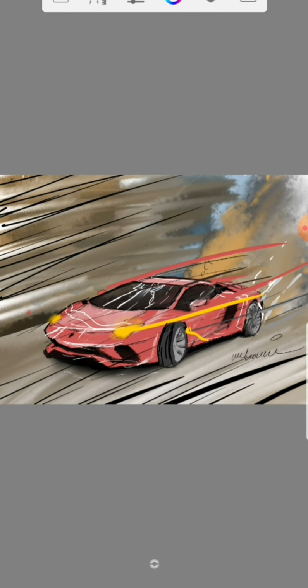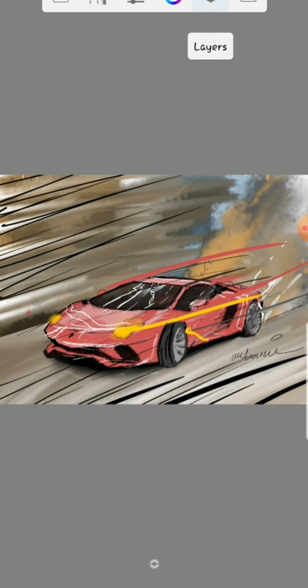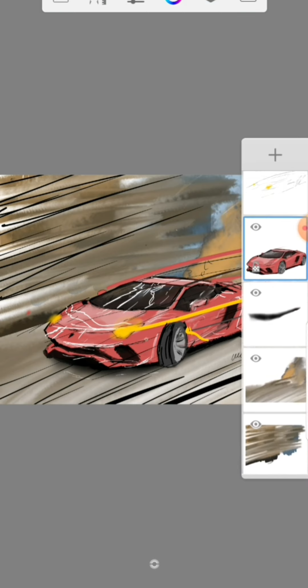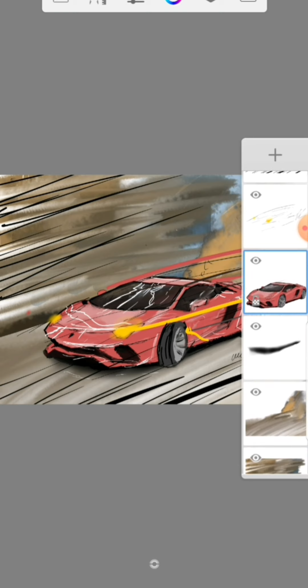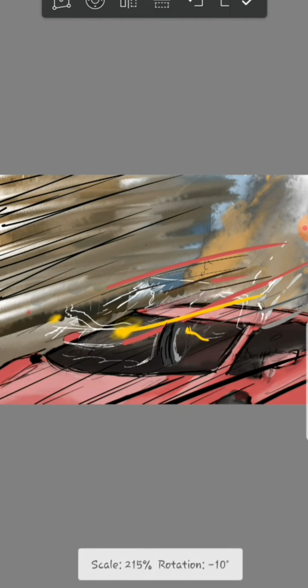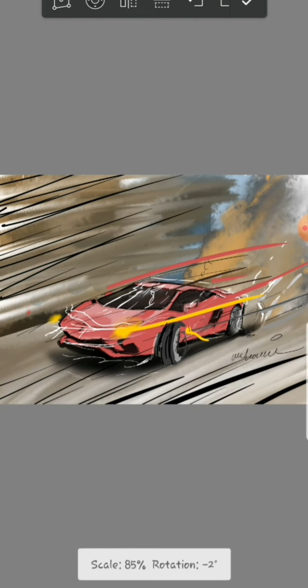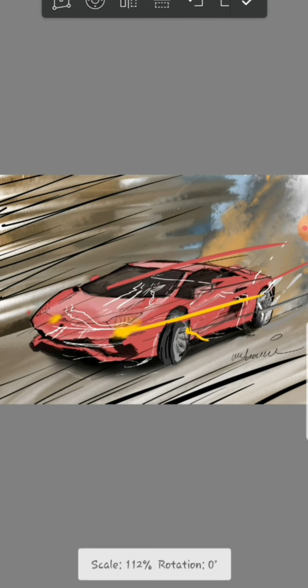Then there come the layer sections, and by this button we can open and close the layer options. So here are the layer options. This painting is made in several layers, because it's easier and more professional to make a painting in layers. So this car which you are seeing here is made in one layer, and the background is in another layer. If I choose this car layer and use the transform function, you can see I can rotate this, make it bigger or smaller, and resize the car and everything.